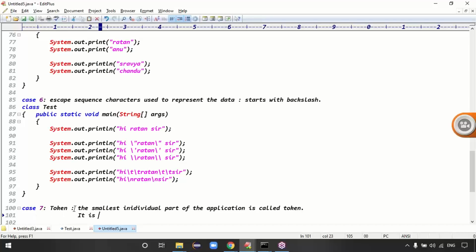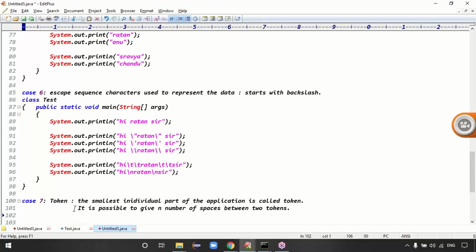And it is possible to give n number of spaces between the two tokens, right? Exactly, guys, that point is clear.